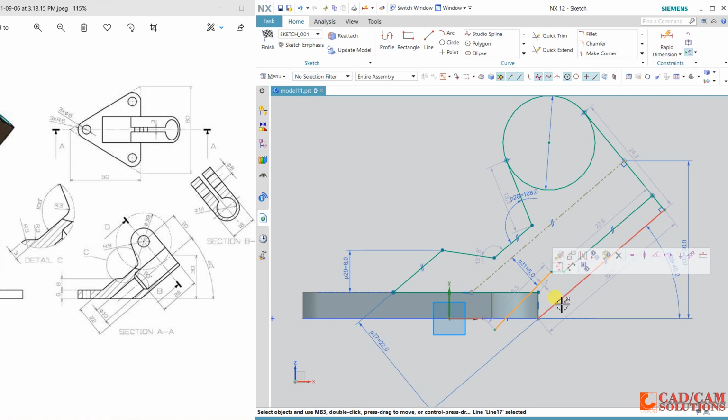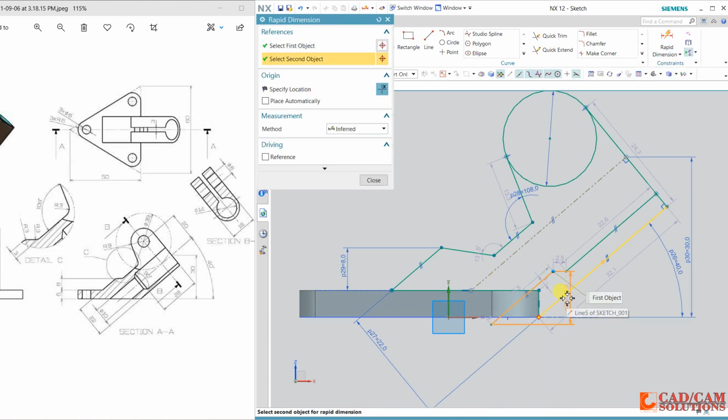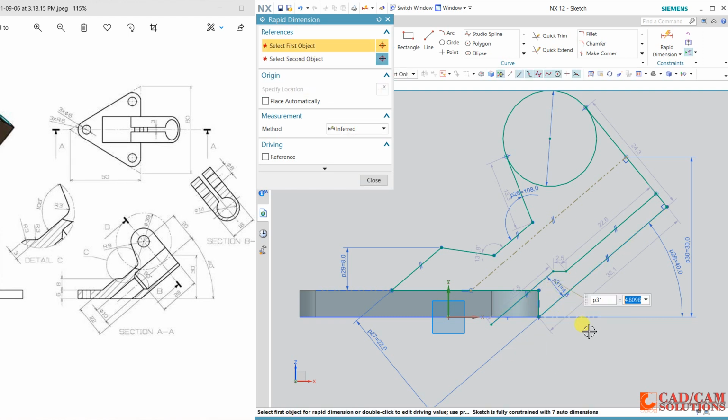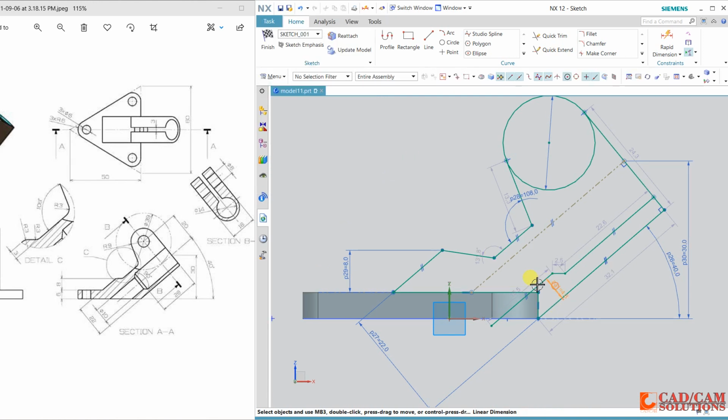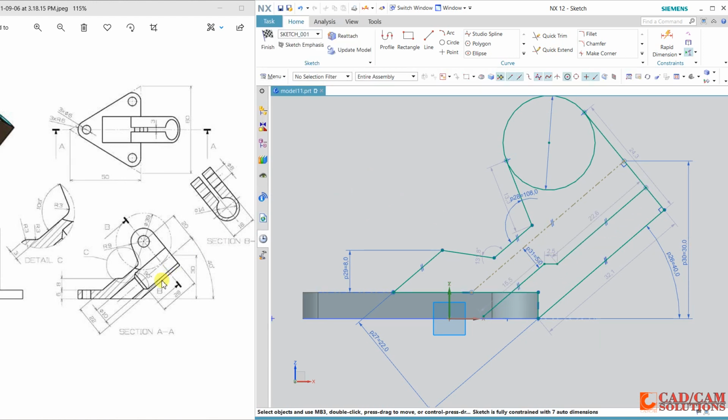This line and this line are both parallel. This gap is 5, the angle is 90.